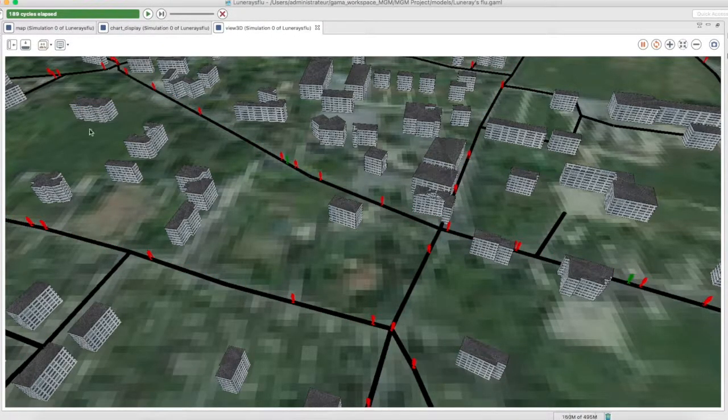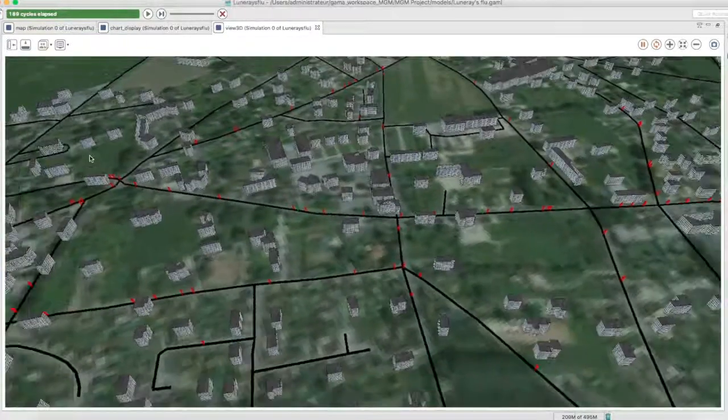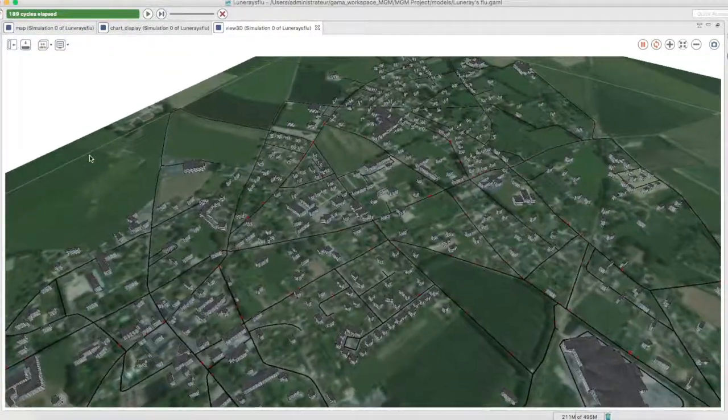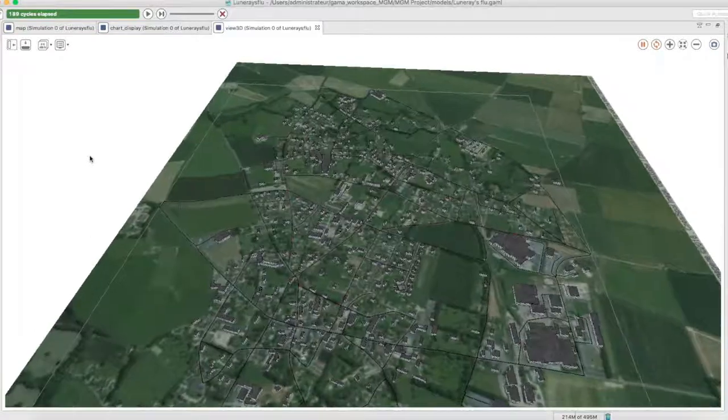You also have access to several tools related to 3D navigation. For instance, you can choose to rotate the scene